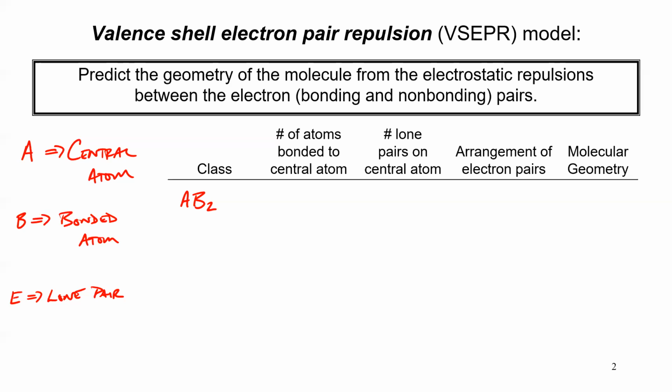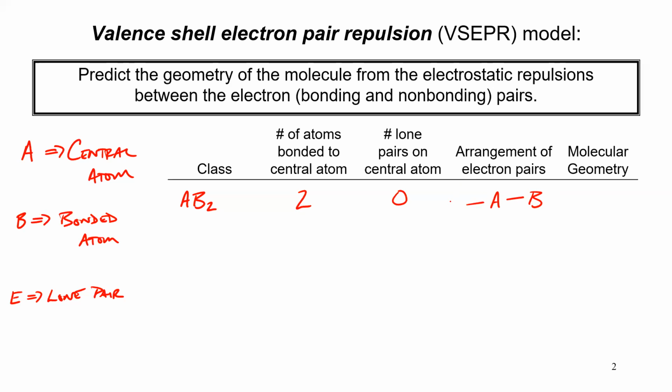And so we start with 3 atoms, and the simplest way to have 3 atoms is one center atom with 2 bonded atoms to it. And so we have 2 atoms bonded to the central atom. That's what the B is. We have no E's in this formula, and so there's 0 lone pairs. And if we have these 3 atoms, again, the way to arrange these atoms